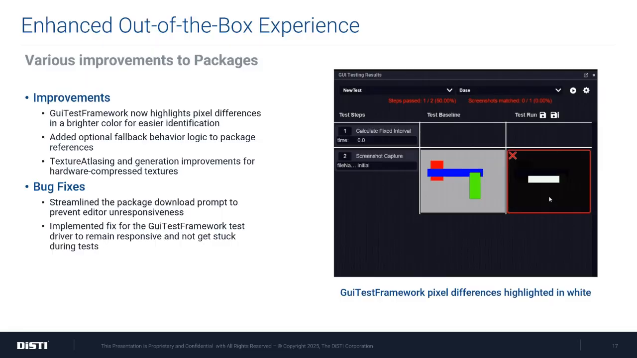We've also made several improvements to GLS packages and the package system. For improvements, the GUI test framework package now highlights pixel differences in test results in white so that differences are easier to see. Over here on the right, we can see this change to the GUI test framework package. So when you're looking at test results, you can hover over these failed tests to see the pixel differences highlighted in white. So there the GIF's going, and you can see it fade in and out to the white pixel differences. So this feature can help you identify why a certain GUI test is failing and give you an indication